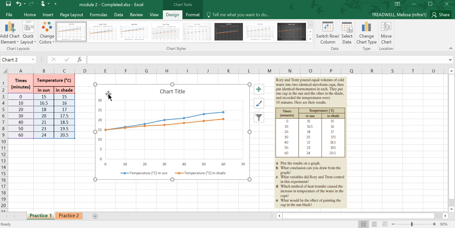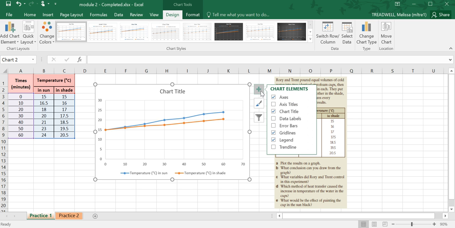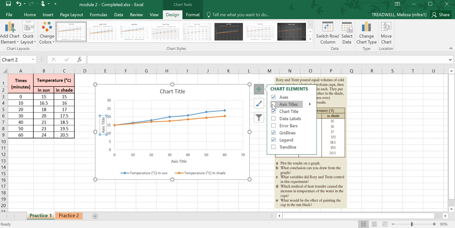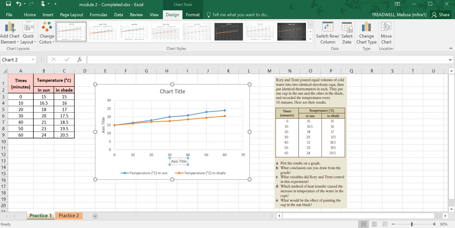So hopefully you have the nice version of Excel. It's both fine, it's just easier with the plus sign. So you can see if I click on my graph, my version that has this little plus sign for chart elements, and I can go easily axes titles. Then I can go down here. This is going to be my time in minutes. And over here, this will be my temperature